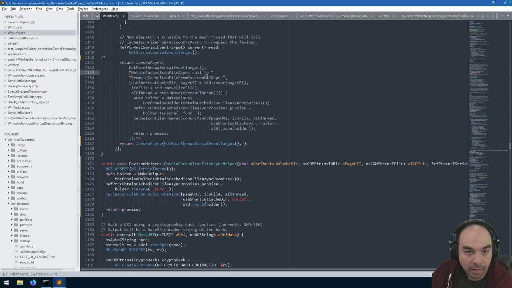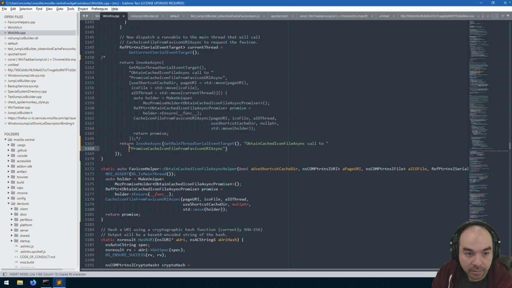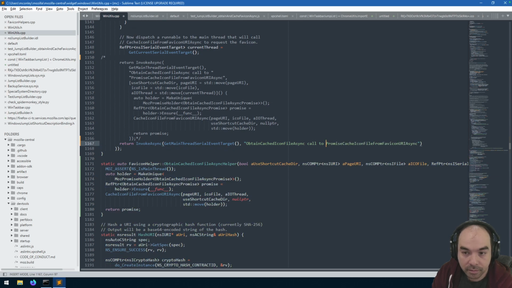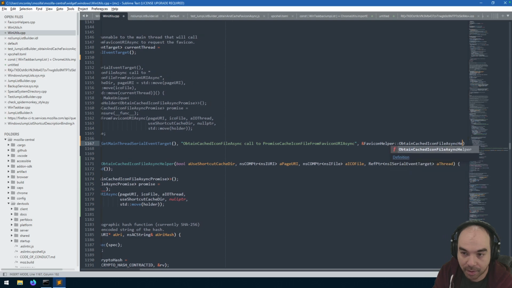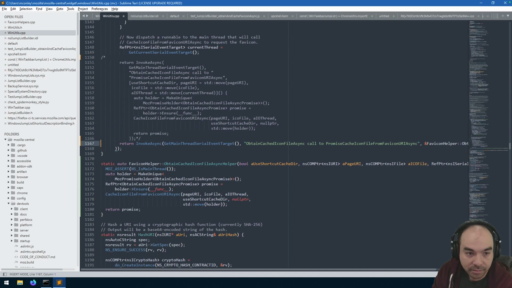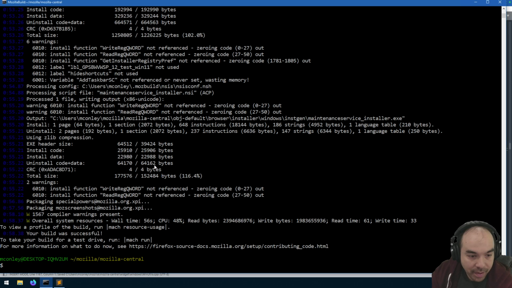I think that's this. And then the function. Can I just do like favicon helper obtain cached icon file async helper? Can I just do that? And I don't have high hopes, but let's see what happens.